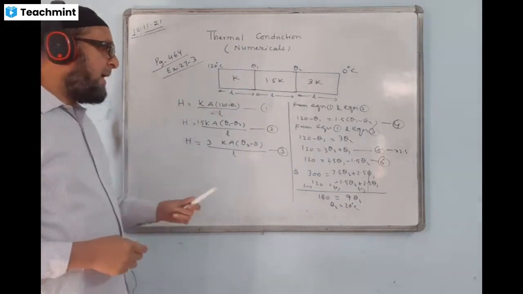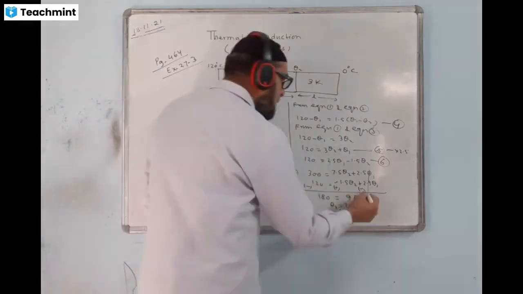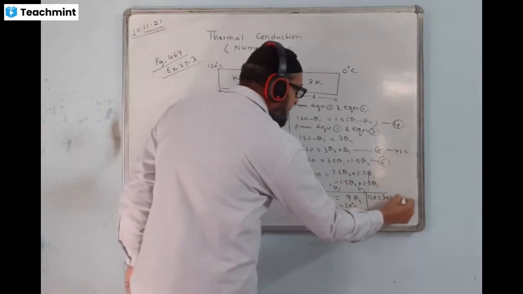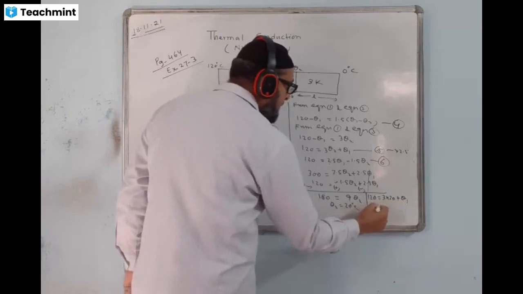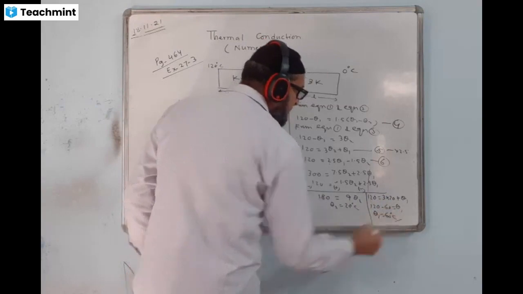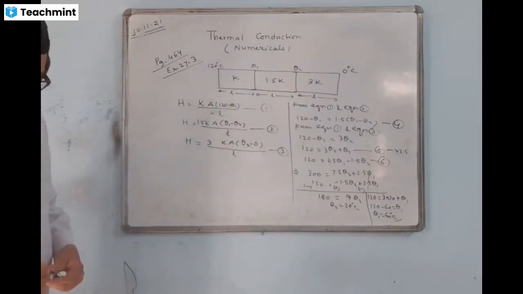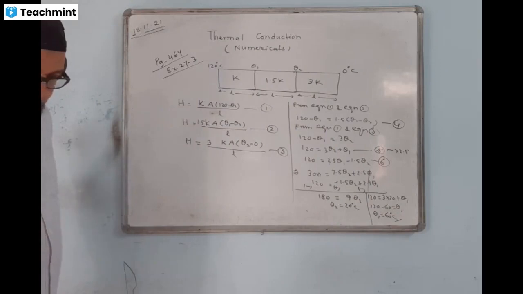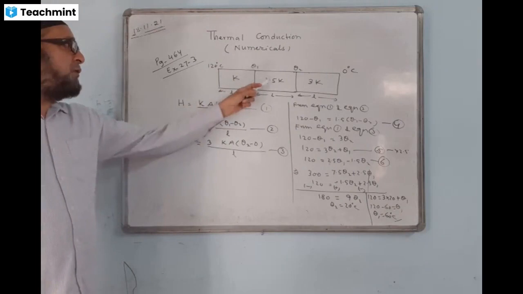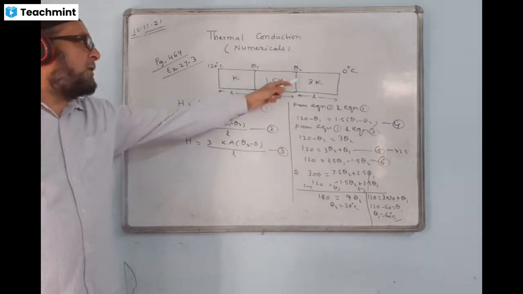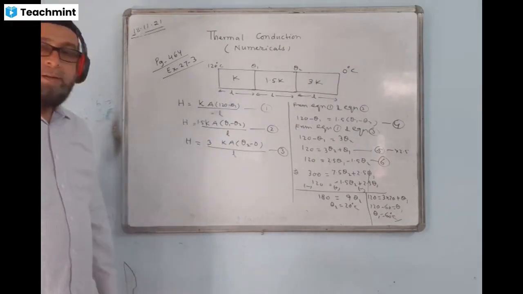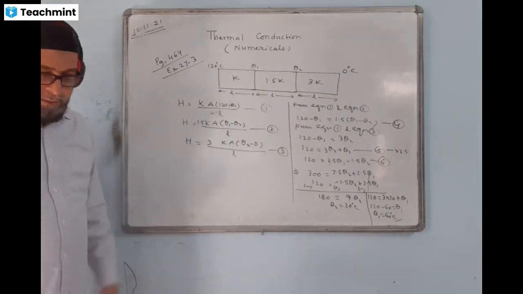I'll put the value of theta 2 back and find theta 1 value here. So 120 equal to 3 into 20 plus theta 1. This is 60. This will come this side. 120 minus 60 is the value of theta 1. Therefore, theta 1 value will come 60 degrees Celsius. So answer is 20 degrees and 60 degrees Celsius. That is answer. This is the temperature of the junction of the first two blocks, and theta 2 is the temperature of the junction of the remaining two blocks. So that is answer. This way we will do it.